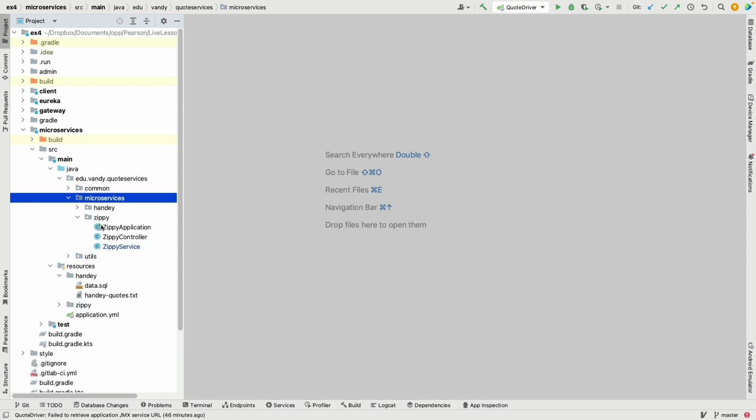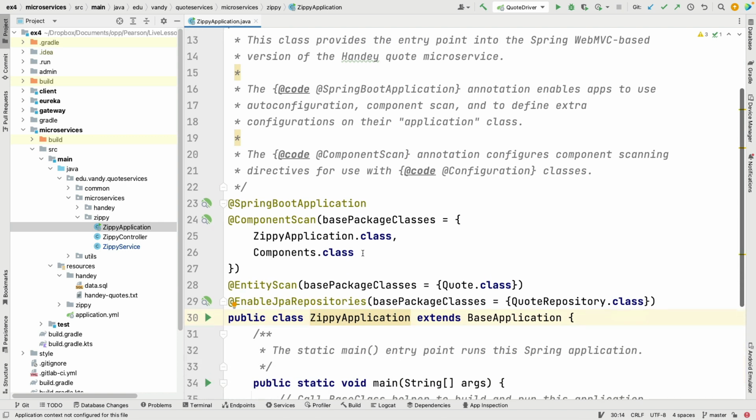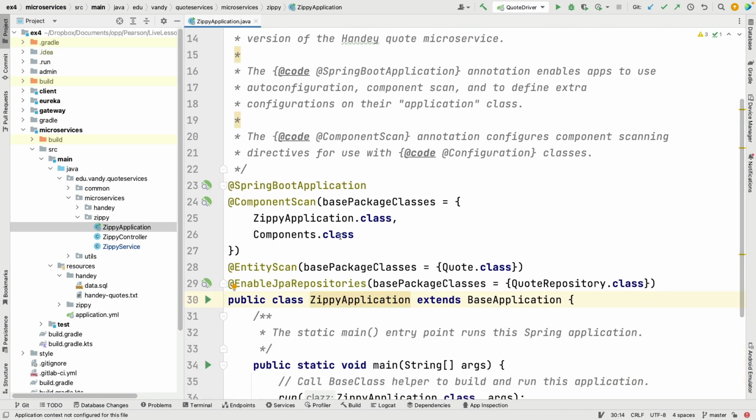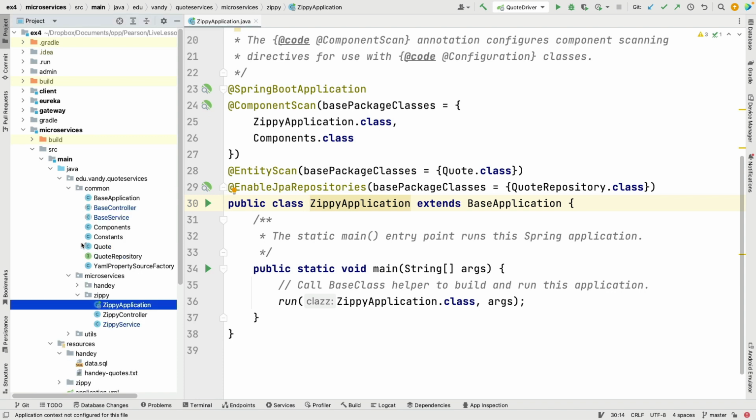So now we're back in the EX4 project. This time we're going to look at the Zippy microservice. So here's the Zippy application. A couple things to note here. You can see how it's a Spring Boot application, no surprise there. It has a component scan, which tells it where to look for the various things it needs. And we also have an entity scan, which tells it to go over here and take a look at this